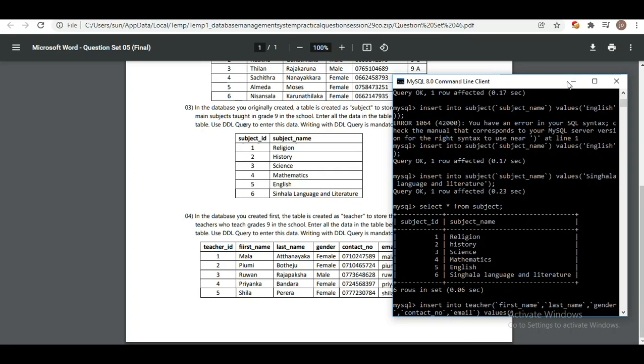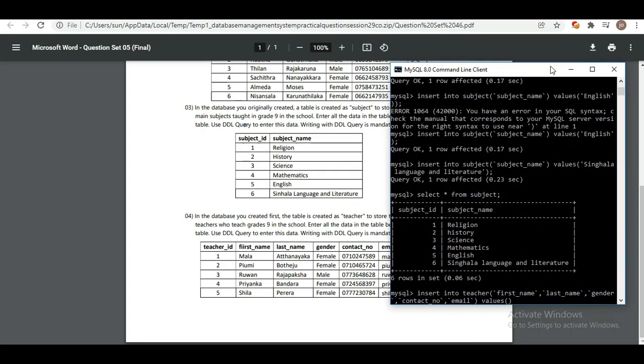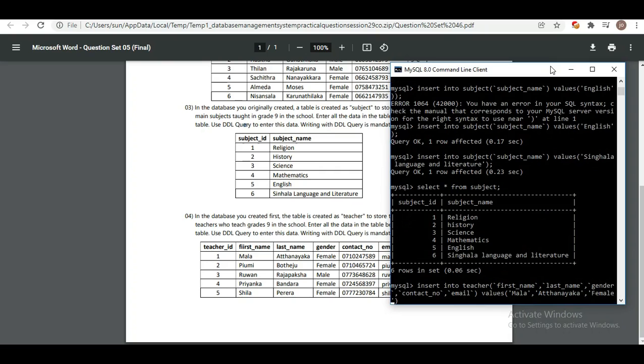The first one will be the first name, after that the last name, and after that the gender, after that the contact number, and after that I need to give the email address,